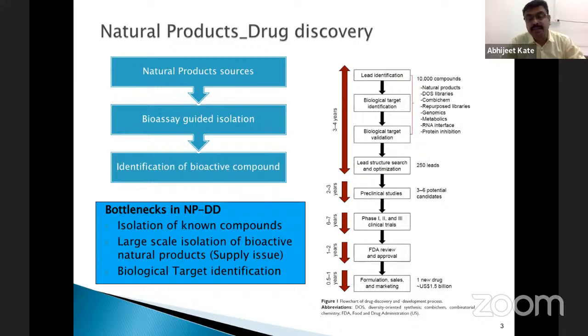Now, like I mentioned here, one new drug would cost maybe 1.5 billion US dollars. That was the available data, and based on that I'm mentioning that it's a huge amount of money. And investors, if they want to put that money in, want to make sure that they get a good return. Definitely the blockbuster drugs are getting good returns, and that's how their discovery and research are in progress. However, for new companies this is a big challenge, and they will definitely think twice before they invest